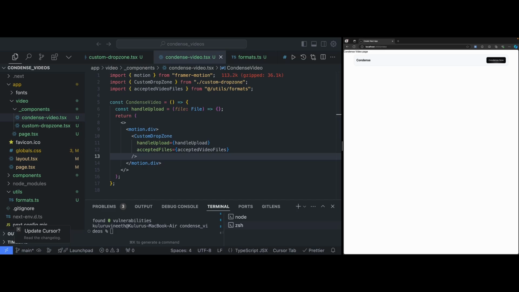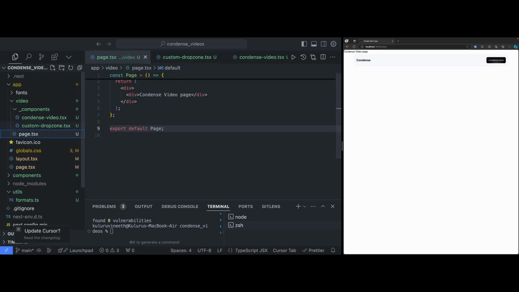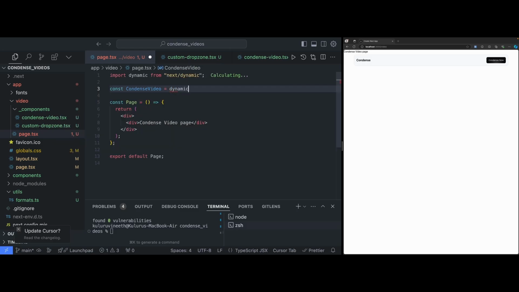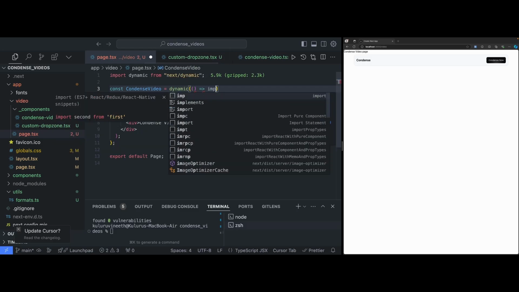This one, this condensed video component, we need to use this. So let me do one thing. I'm just going to import this one dynamically into our video page, okay. For us to do that, I can use this dynamic from next dynamic, okay. So I can just say this as this condensed video, so dynamic, and here all I'm going to do is import